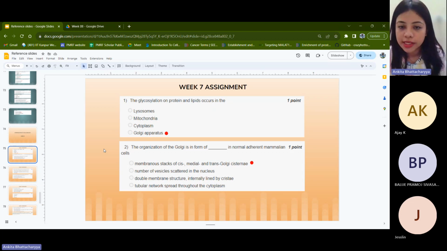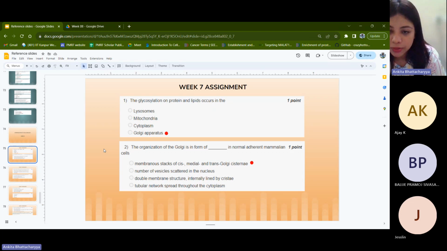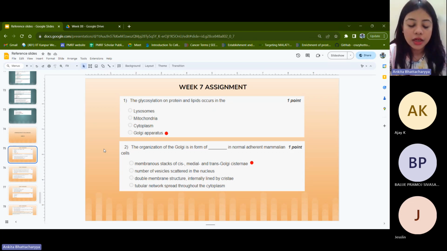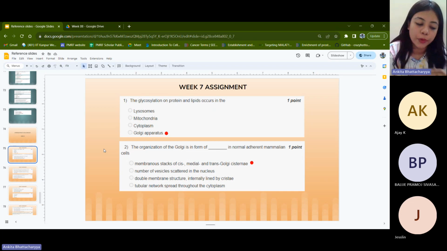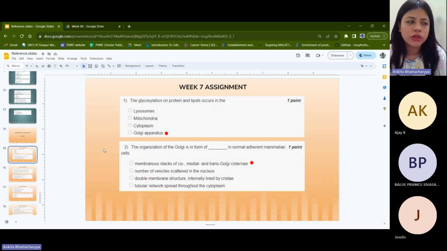The option itself is quite self-explanatory because it does mention Golgi by itself. But even if you don't know that, you will remember the structure that we had talked about, that the side which faces the nucleus is the cis side, whereas the side which faces the plasma membrane under normal circumstances would be the trans side. Any cargo undergoing processing from ER to Golgi to its predetermined destination has to go through these subsequent steps, where each of these modifications will take place through the cis, then medial, and then trans Golgi.